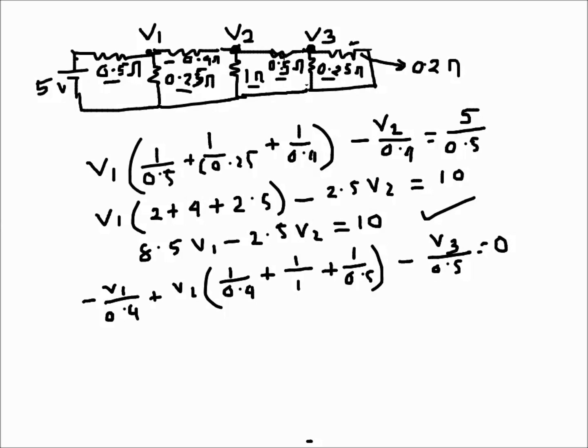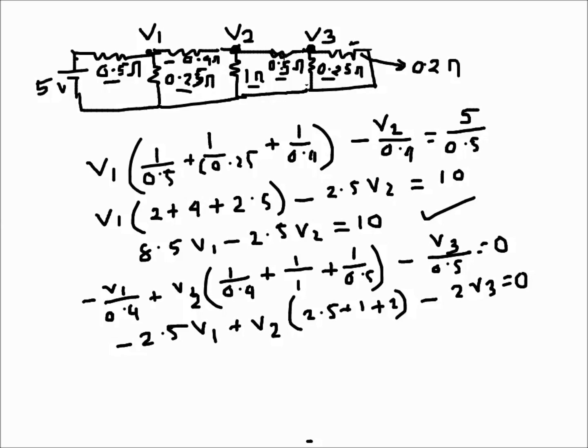So this is coming minus 2.5 V1 plus V2 times (2.5 plus 1 plus 2) minus 2 V3 equals 0. So this is becoming minus 2.5 V1 plus 5.5 V2 minus 2 V3. So this is the second equation,